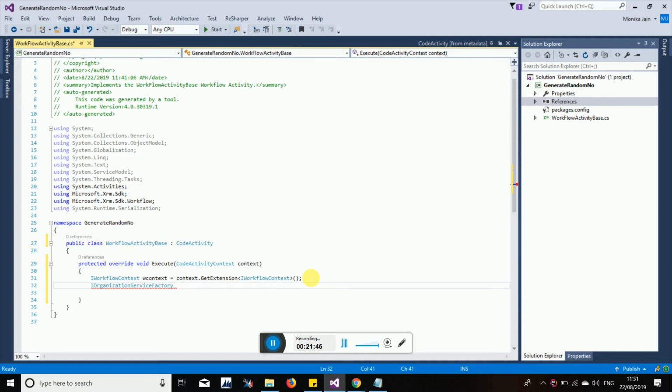So to create an organization service, we need to create the IWorkflowContext object, and we need to create this IOrganizationService. If you are able to understand the meaning of what I am telling, that is well and good. Otherwise also, these three lines you mandatorily need to write if you want to perform any operation. As of now, you may not require these lines, because directly in this workflow we are not performing anything, but still I am telling you this. In future we will require those.